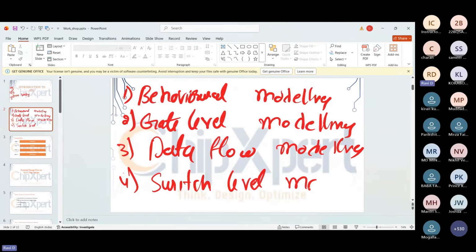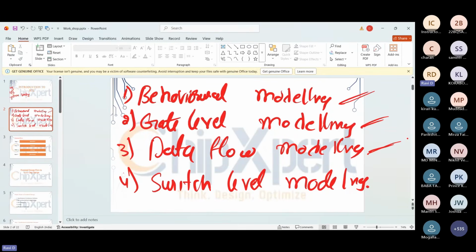These Verilog or HDL languages or VHDL allow us to write the designs in these formats. When you know the behavior of that circuit, it allows us to design the circuit in behavioral modeling. That means by describing the behavior of the circuit, we design it. The next one is gate level modeling. We use this when we know the circuit diagram, so you can design the circuit using gate level modeling. And data flow modeling means when you know the equation.